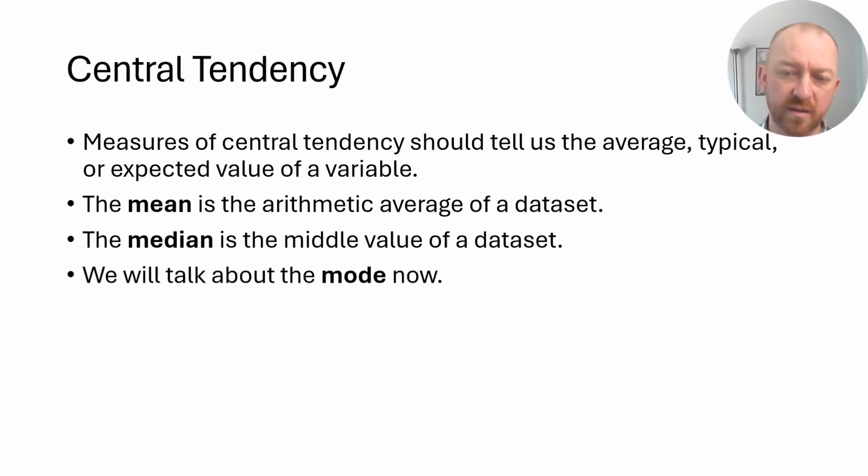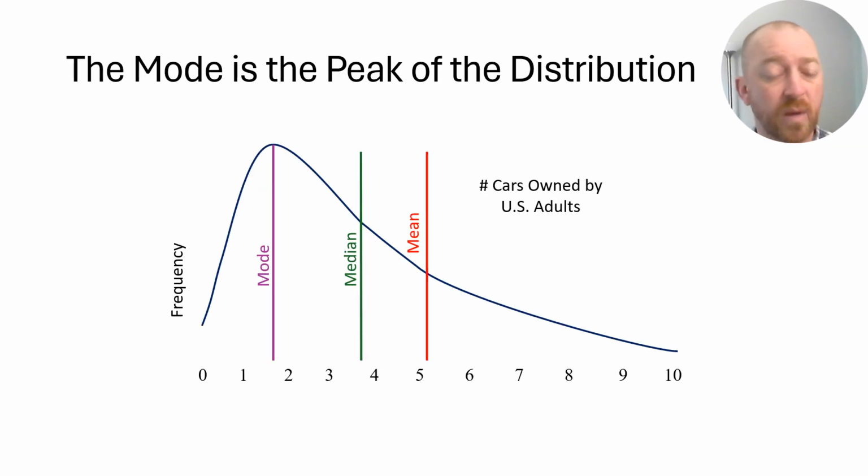Okay, now we're going to talk about the mode, but I'll contrast it with the other two, as you can see. So the best way to do this, I think, is with a skewed distribution. This happens to be a positively skewed distribution. We've used it before. Once again, the mean here is biased by extreme responses, right?